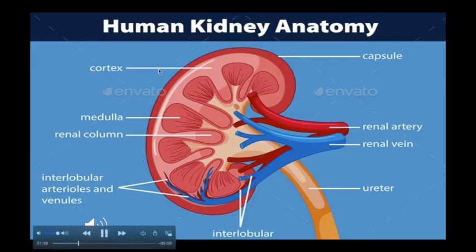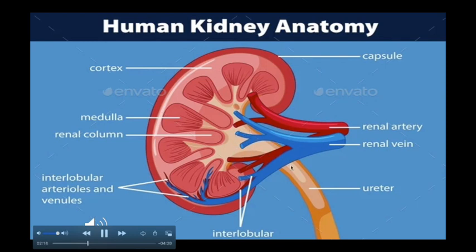The given slide shows the diagram of human kidney anatomy. The human kidney is a capsule-like structure, and it consists of three main parts: cortex, medulla, and pelvis. The human kidney is also supplied with blood capillaries, that is renal artery and renal vein, which further divide into smaller branches inside the kidneys, and they make interlobular arterioles and venules. This pelvis region is further